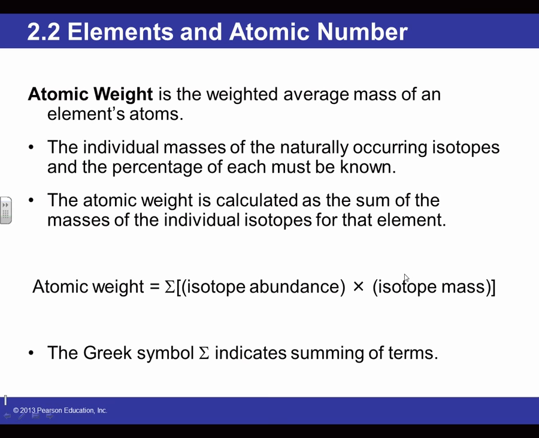And you can essentially determine an atom's atomic weight by looking at the chemical formula and determining how many of those atoms are available and so forth and so on. But the general definition of atomic weight is calculated as the sum of the mass of the individual isotopes for that element. So you have an element, and it has basic smaller proportions of isotopes that contribute to its total